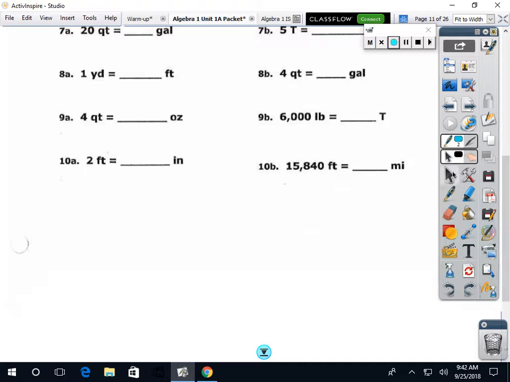Two feet, this is one that really most of you should be able to do in your head. 2 feet is how many inches? Right, because 1 foot is 12, so 2 feet would be double 12, which is 24. 10B,